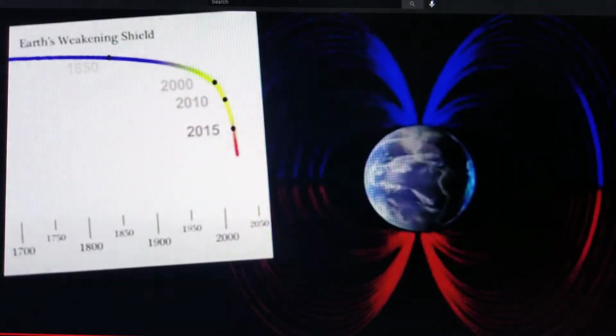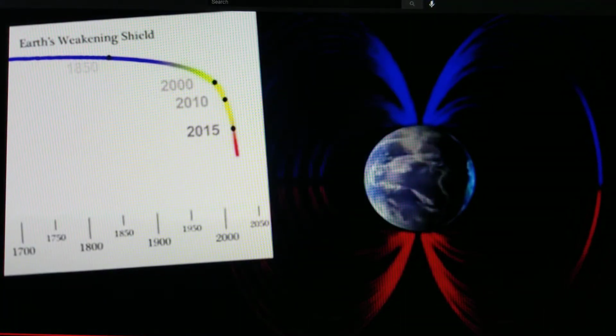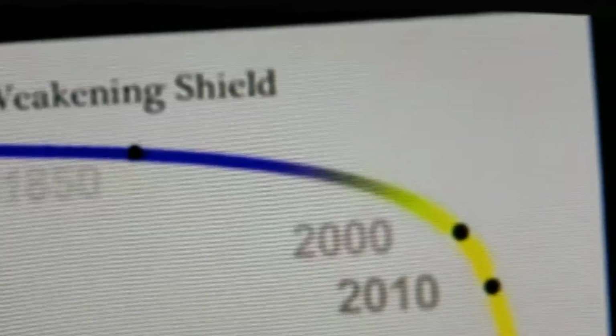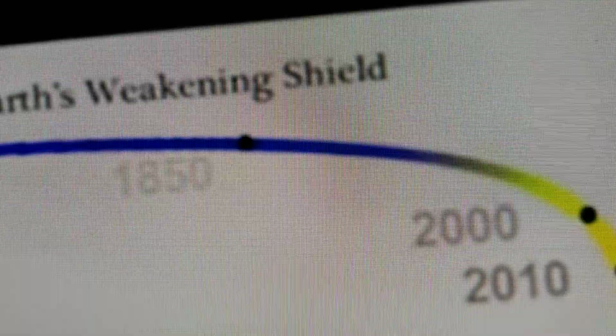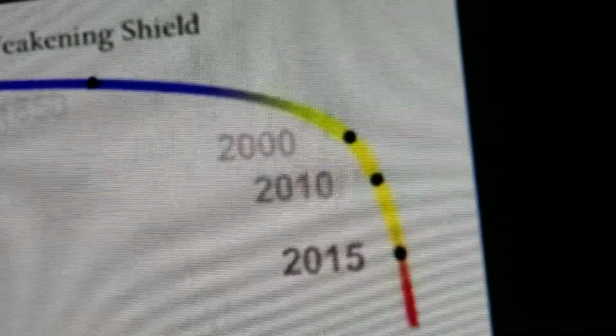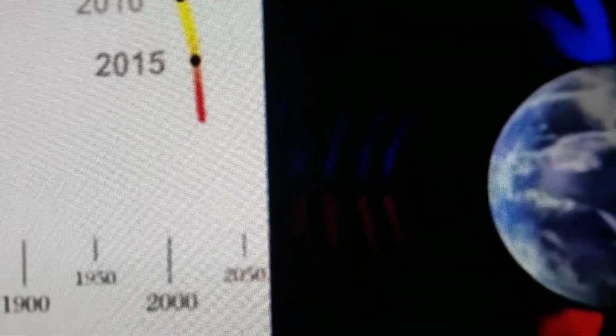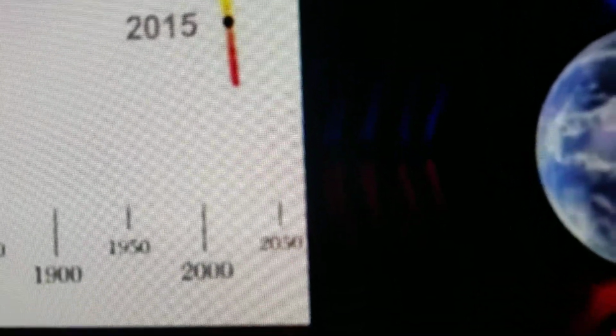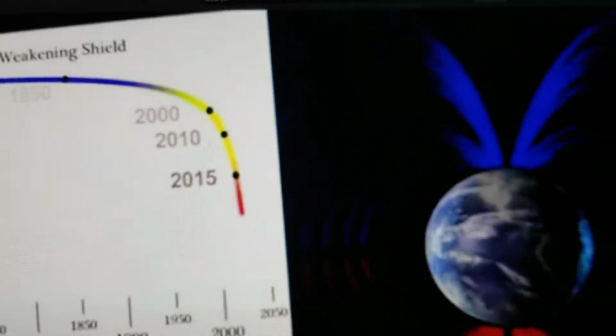We'll have a compass. All right, I just want you to hear that. And so to finish my video, I want to tell you about this chart. If you notice, it says 1850. Well, currently, scientists have been watching the Earth's movement, and it's now 2015. And if you follow the line, it's going to 2050. And so it's before that. So you can make a guess. And the guess you can say is 2025, 2030. And that means it's coming.